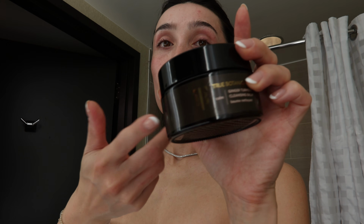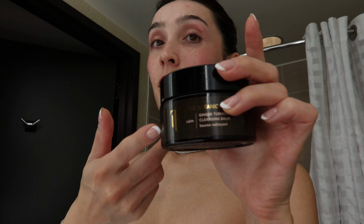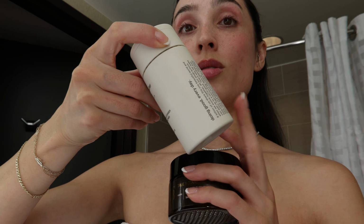I always bring a cleansing balm. I love the True Botanicals one. This is my current favorite, and then I bring something to double cleanse, and so this is my new go-to for that. Okay, I had to finish moisturizing before I could finish talking, but the other thing I brought that